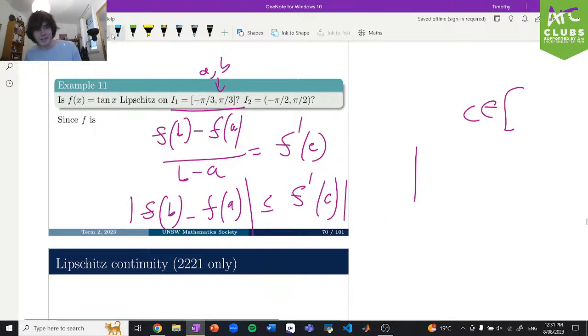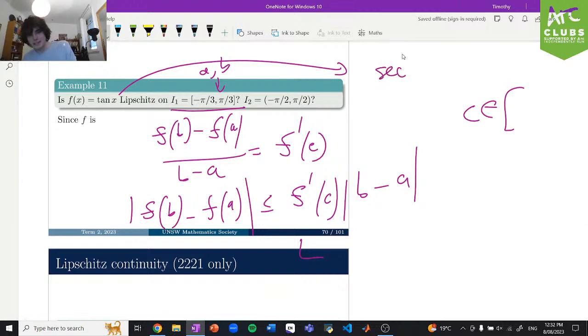And then essentially it's just our job to figure out what this f dash of C is. Because this takes exactly the form of that Lipschitz condition, all we have to do is figure out, first of all, what the derivative of our function is and what the biggest value of it is over the whole set. So let's quickly differentiate our tan. The derivative of tan x is sec squared x, which is equal to 1 on cos squared